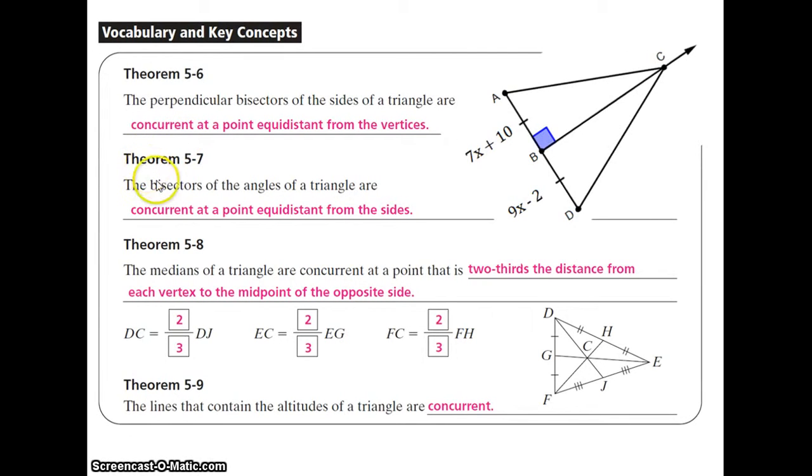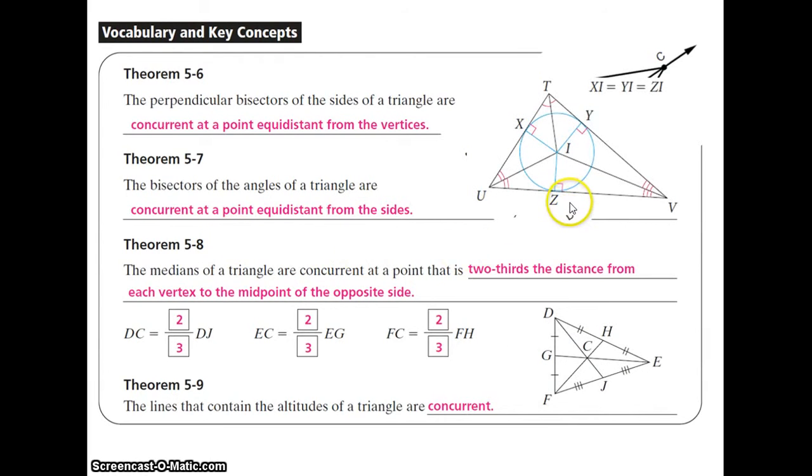And so that's a perpendicular bisector right there. So it meets here, perpendicular, and then bisects this angle down here. Bisectors of the angles of a triangle are concurrent at a point equidistant from the sides. That's what this one looks like here. So each side is exactly the same distance away, this being the center of the circle,